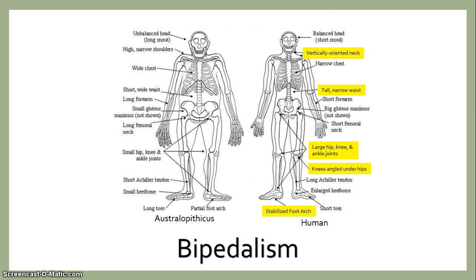Cooler climates caused the rainforests to shrink and the woodland habitats to expand. Early bipeds ate as much fruit as possible, but they also ate the woody stems of plants in a pinch. Going from a quadruped to a biped meant many changes to the body, including a vertically oriented neck, a tall and narrow waist, a sideways facing pelvis, large hip joints, knees angled under the hips, and an arch in the